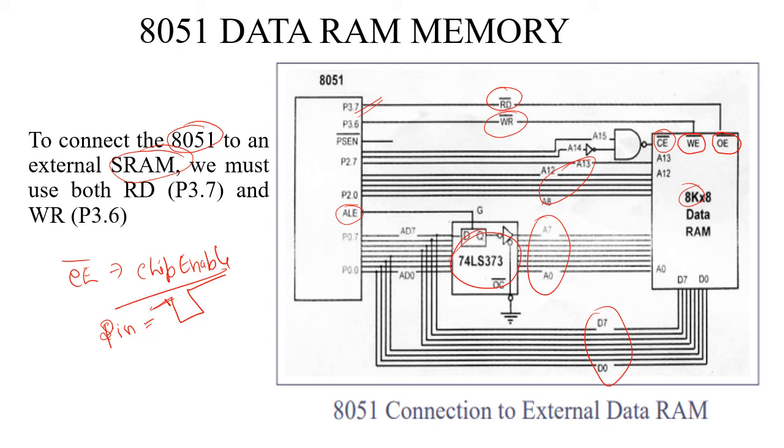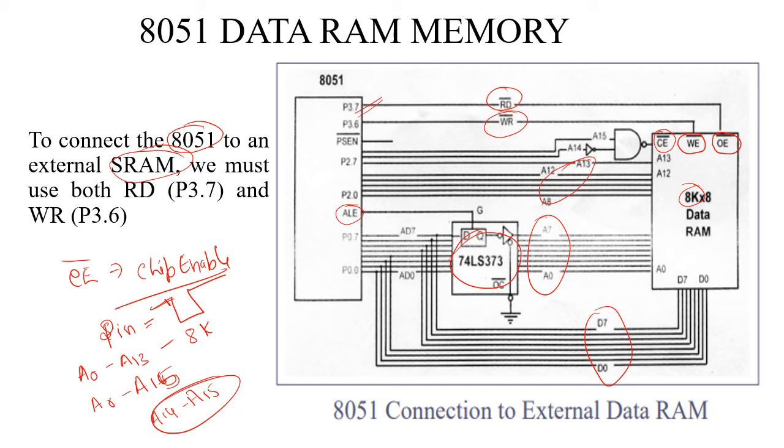So in order to generate an active low signal, and to avoid accidental writing, see here we need the pins A0 to A13 to interface 8 kilobytes of memory. The total address lines are A0 to A15, that is 16 bit. In this case, A14 and A15 are vacant. They are of no use.